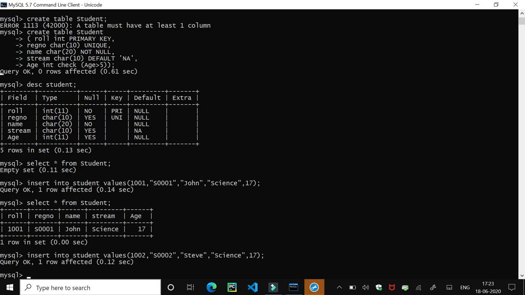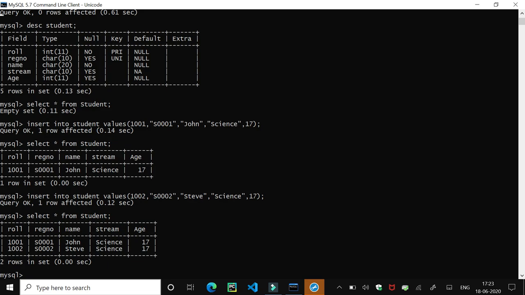So the second row is also entered successfully. So I just want to check it. Then again I will pass the command select star from student. When I pass this command, it will give the values of the student table, and now it has two rows in it. So I think it's clear to you, and tomorrow I will continue further. Thank you.